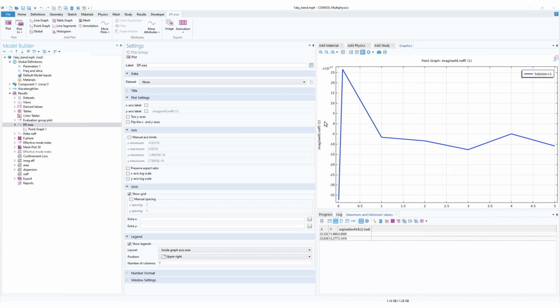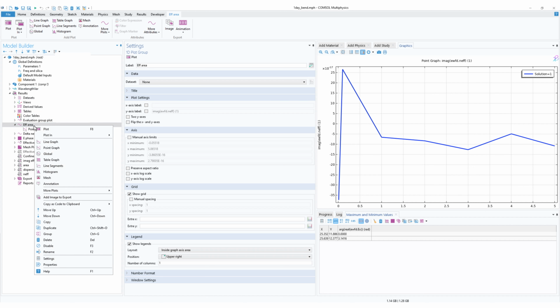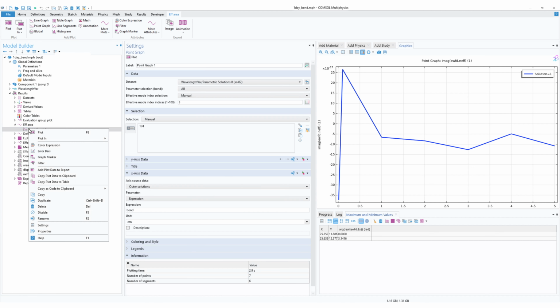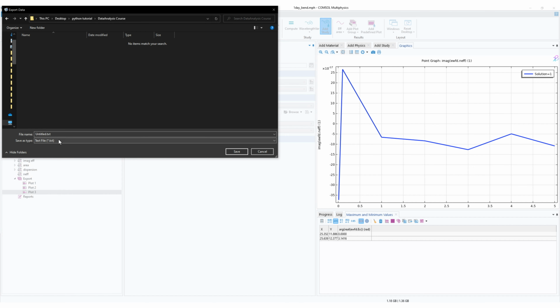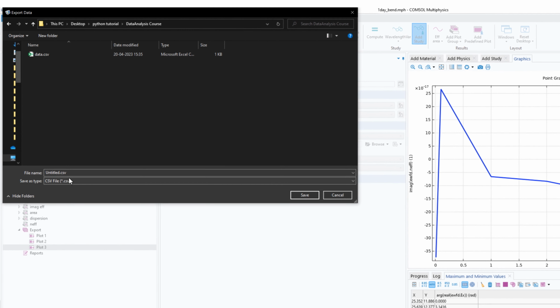So I have a model here which I was working on, a photonic crystal fiber. So this is the effective area data. Now what I'll do is right click and export the data. Okay, so I'll click on add plot data to export. Now I have this here. I'll select text and I'll click on browse. Now here I'll select CSV